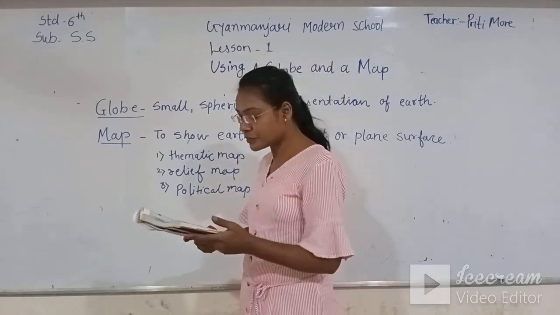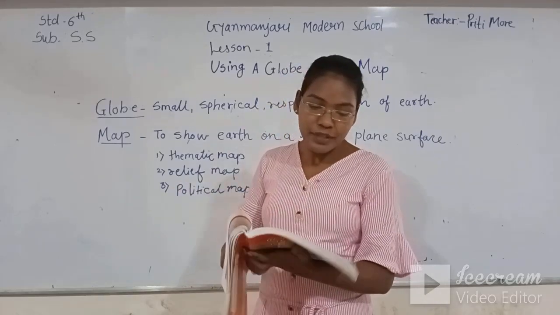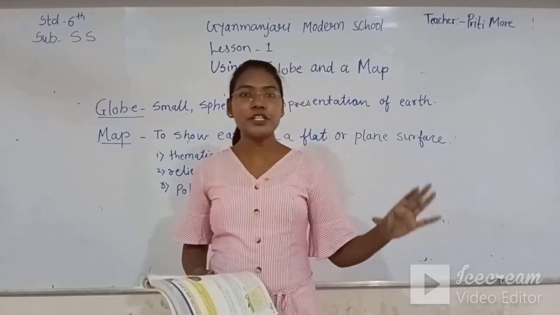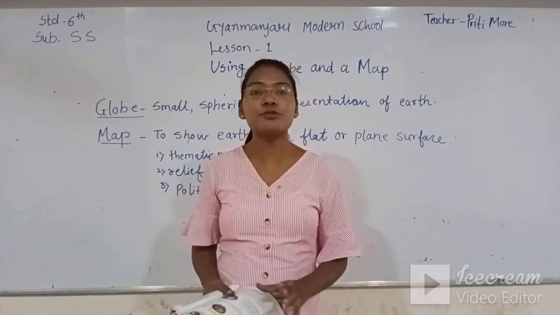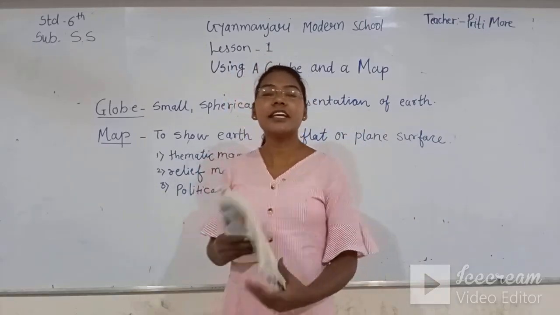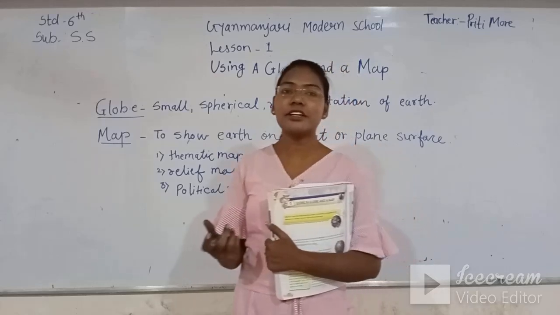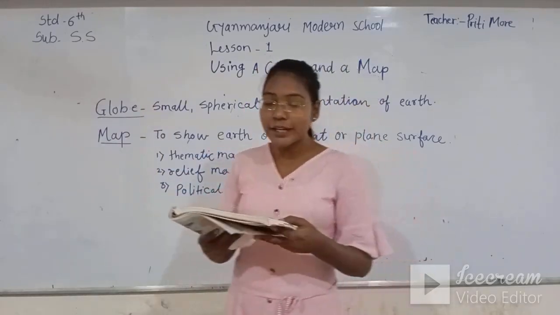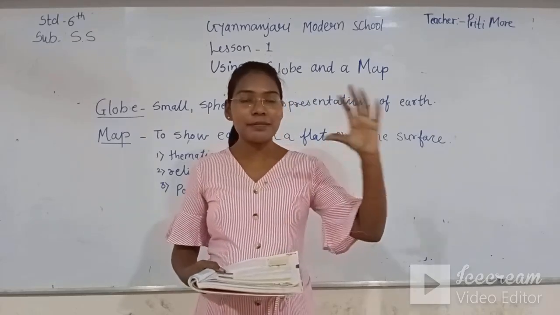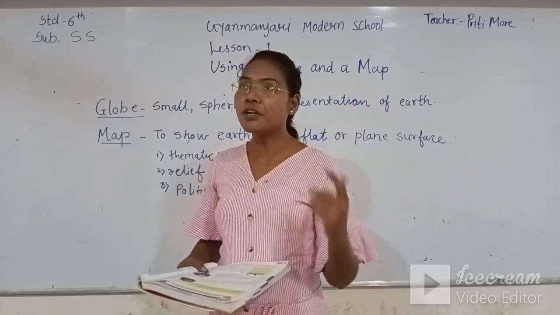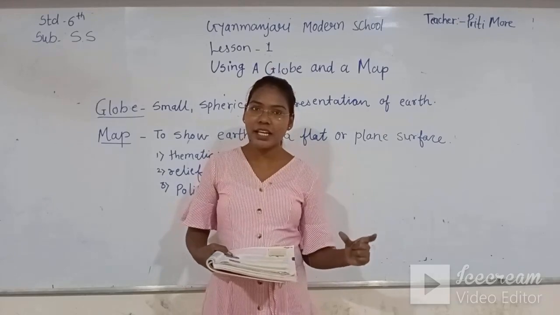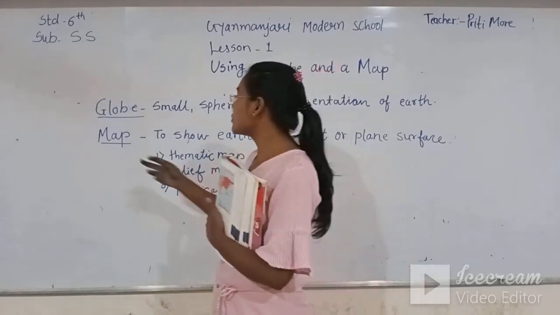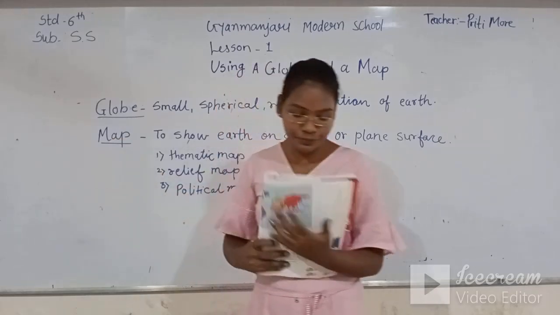In many ways we can use the map to show the rivers, the continents and the mountains. There are many things which we can show on maps, right? To get more information about a specific country or a specific area, their physical area, we use a map.